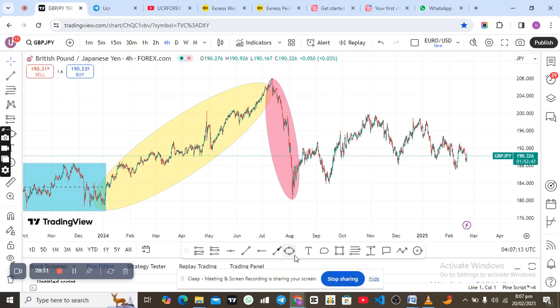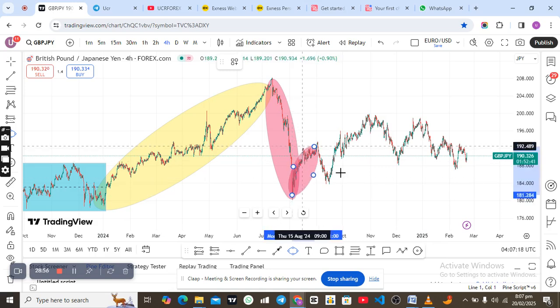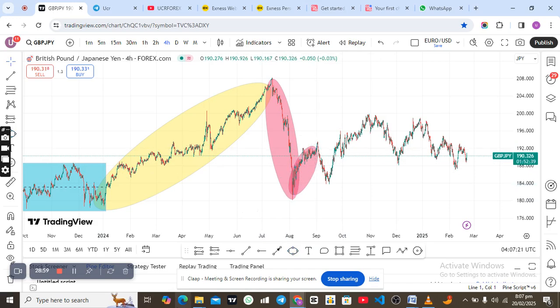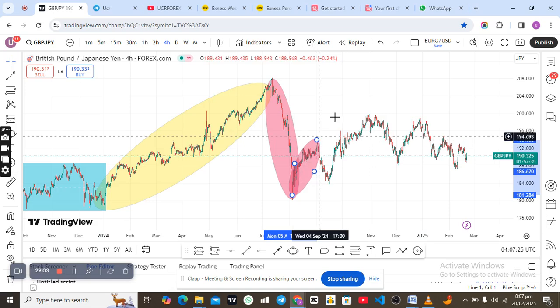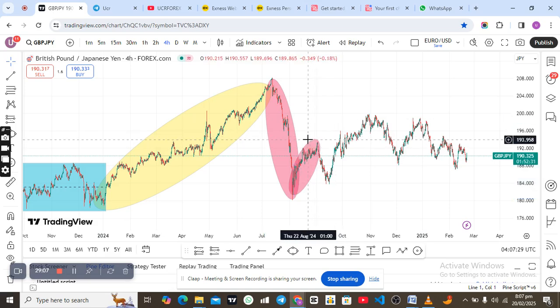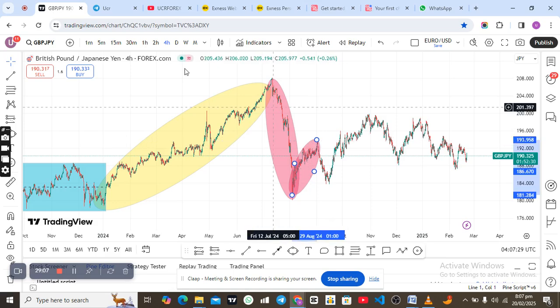This one can still be called, sorry, this one can be called an uptrend market. So you can see this is an uptrend market. This is what we call an uptrend market. Okay, so this is an uptrend market, and then let's try to give it another color, the color we gave